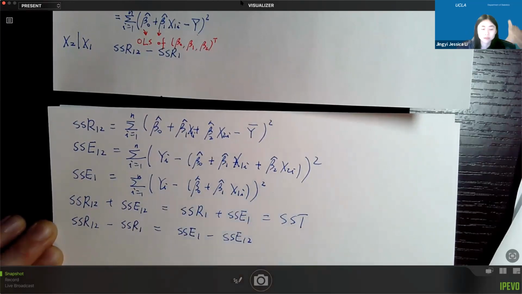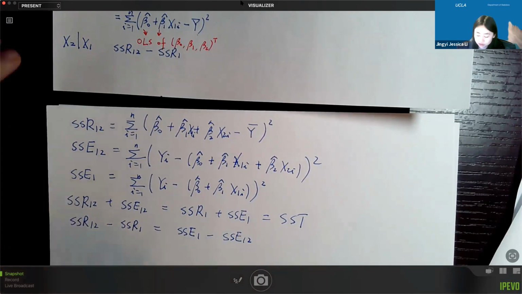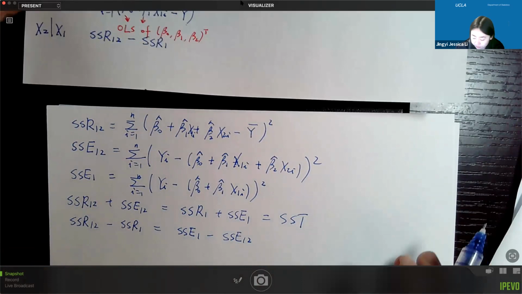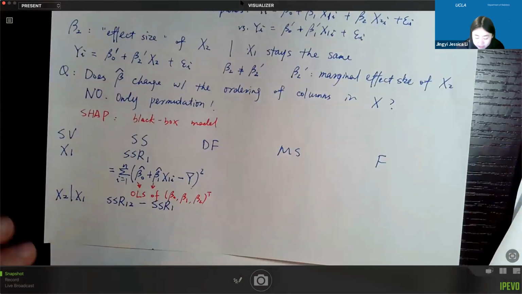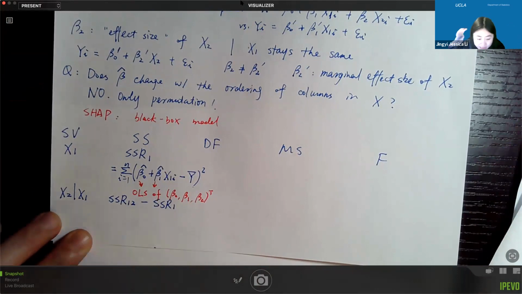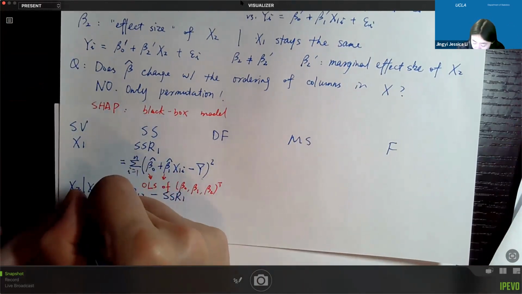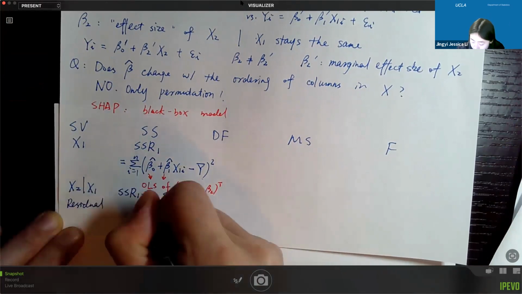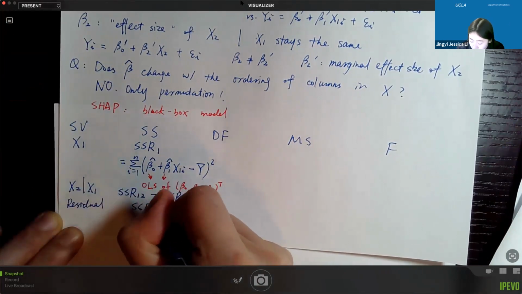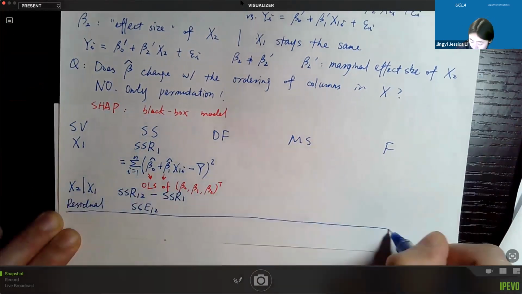So I will have this relationship. Okay, so coming back to the hierarchical ANOVA, right here, this is the additional contribution of predictor 2. And finally, we have the residual. Residual is clearly SSE12. By having 2 predictors, what's the remaining residual? And then total,